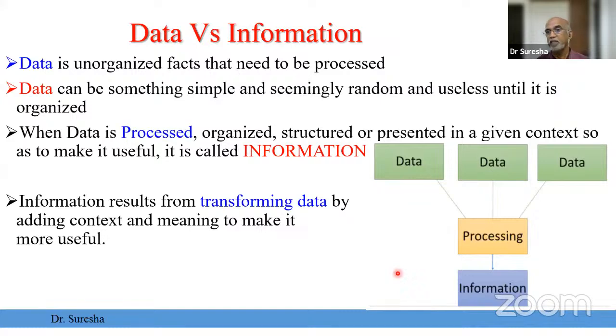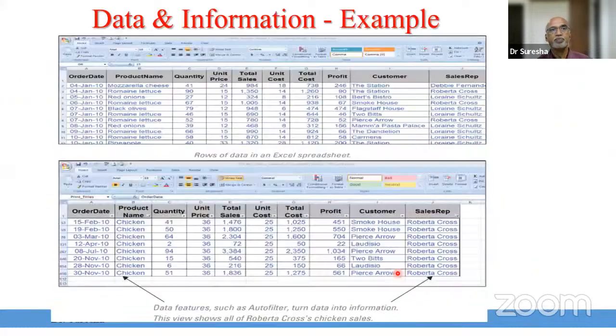I think I made it very clear what information is. So one example also I have taken, this is the data and this is the information. So here there are many sales representatives. Some data, of course, it's not limited to this. It's a big Excel sheet. Okay, so I have condensed it and put it in one slide. So here I have taken the data of Roberta Cross. What are the things he has done and what are the deliveries he has made and all those things. So this becomes information, whereas this is data and this becomes information. So that's how it is. It's classified.